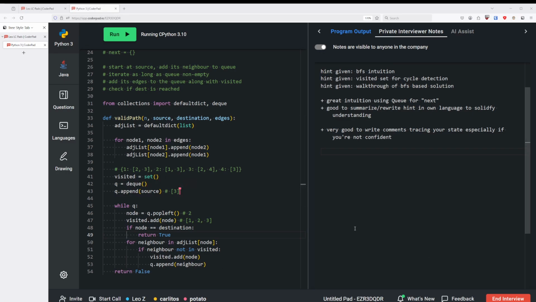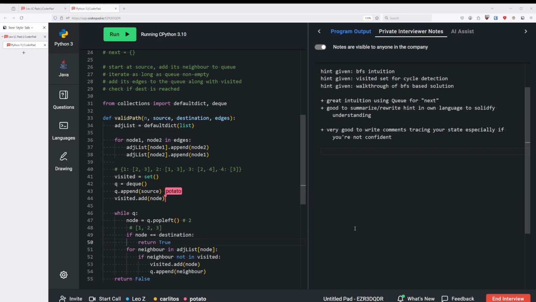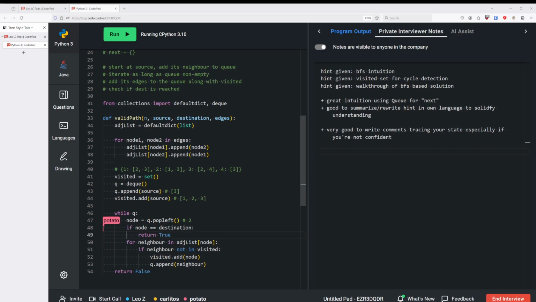Okay, that makes sense. Then I guess I do need this here, because I need the visited set to start with one. Okay, anyways, where was I? So I'm at one, I'm appending two and three to my visited set. And then